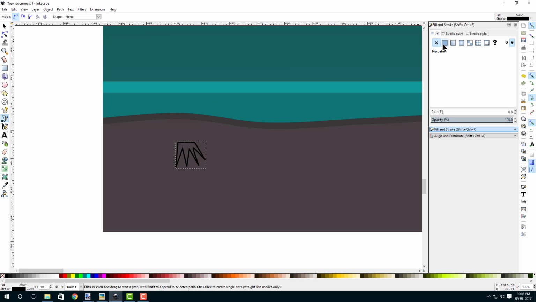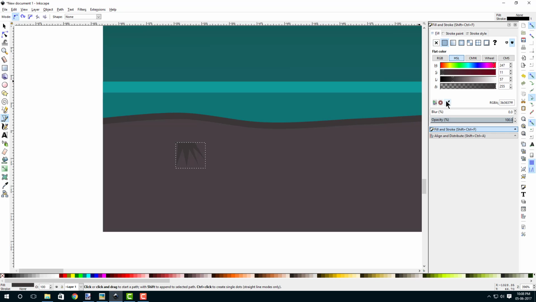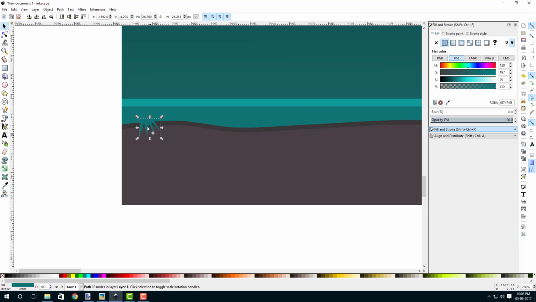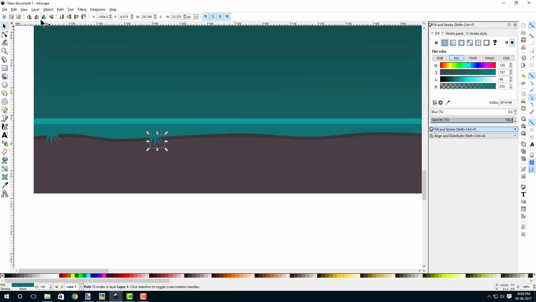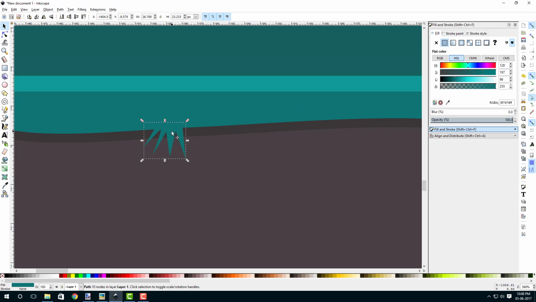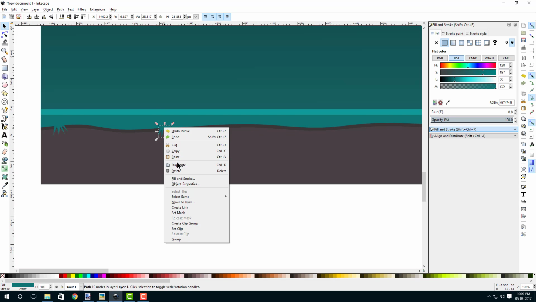Okay, and again select this flat color here and we don't want strokes, and let's change its color. So click on color picker and change it to this green one and just drag it here like this. What you can do is right click, duplicate, you can copy paste all of them. Let's flip it on horizontal axis, let's rotate it by little and change its size, right click,